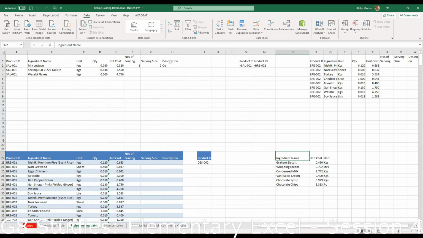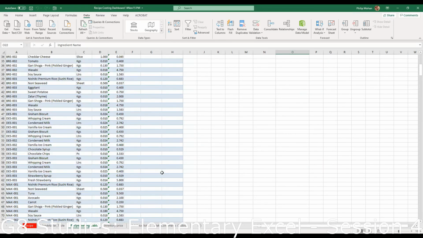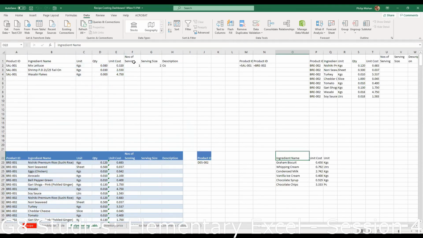If you notice, when I did it for Ajit, I had all the columns. This is where Ajit's sheet is working from, and it had all the columns, including the ones that have absolutely no information. I put that in because I thought I had to put that in. So this is the new thing, but then you have to type it in. Here you don't have to type it in; it'll automatically take the column header from here. But once you put it in here and then say, this is the range I want you to paste it to, it knows that it needs to go and pick up the ingredient name, the unit cost, and the unit of measurement. Okay, what else, Ajit?